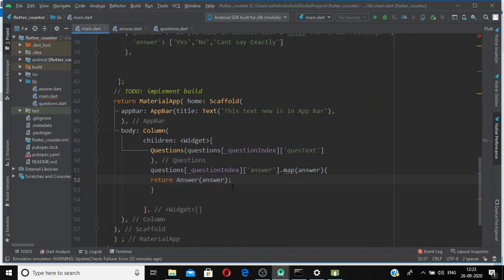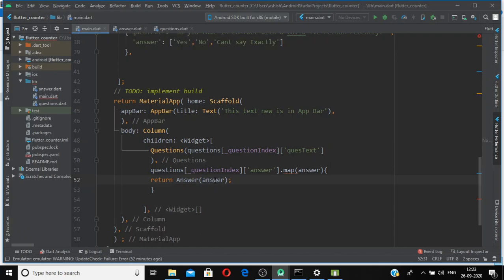So for every question I selected, I want to go to that question, to that map, and move to the answer key, and from that answer key I want to pass the string to this method, and this method will return an answer widget, our custom widget.